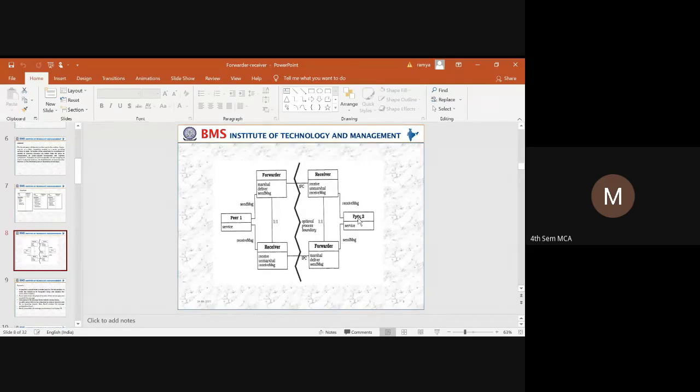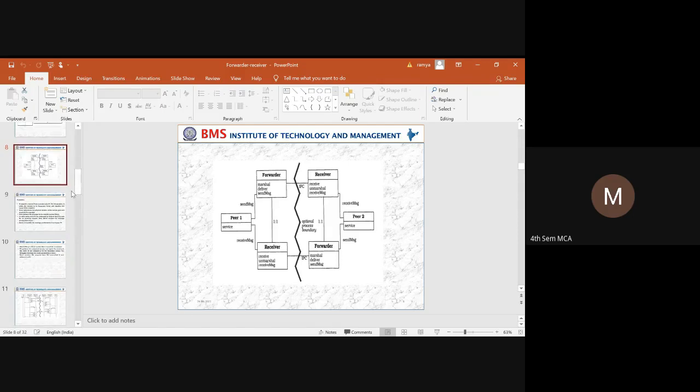Once the message, that is the request, is received, the service has to be provided by the other peer. So peer 2 has to provide the service. It will take the forwarder, marshal the message and deliver the message. Now peer 1, since it is requesting and getting the service, will at this end be taken as a receiver. So the message will be unmarshaled and received by peer 1. That is how the forwarder is going to work.